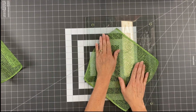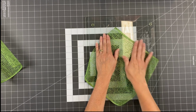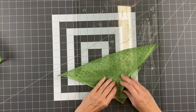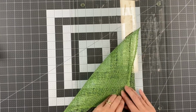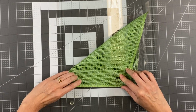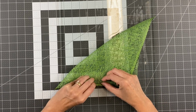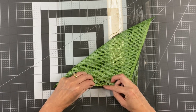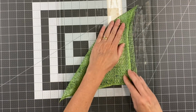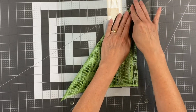Okay. For this petal, I'm going to have the finished edge on the top right and the bottom left. Now I'm going to bring this down. Okay, so now you can see this here, it is not going to go all the way to the edge. It's going to go up until the finished edge starts. Then over here I have that extra 1/2 inch,